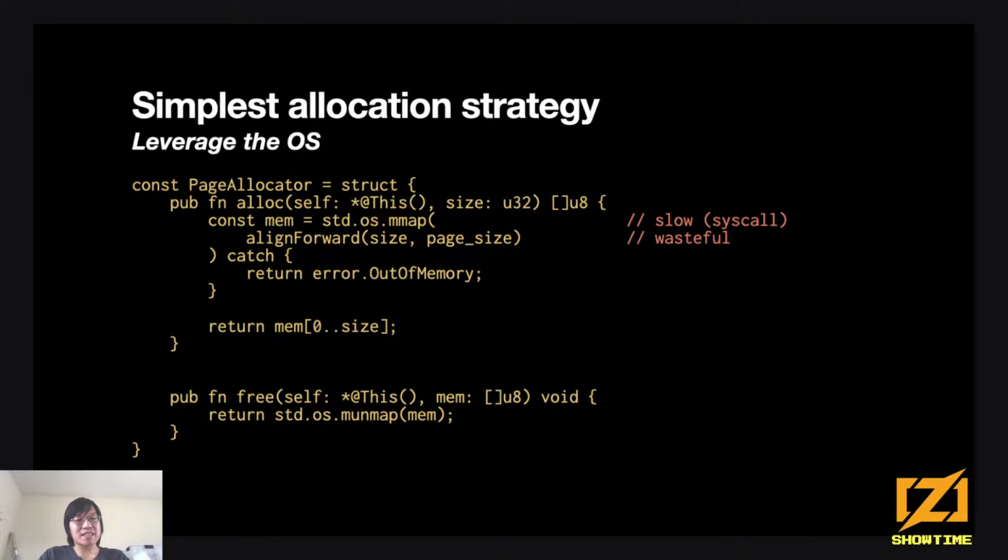So if you're asking for 8 bytes for your linked list, well, you can't. You have to ask for 4 kilobytes. And then your linked list will use 8 bytes of that 4 kilobytes, and you're wasting 3.99 kilobytes every time you're asking for memory. So this is really bad in two different, very